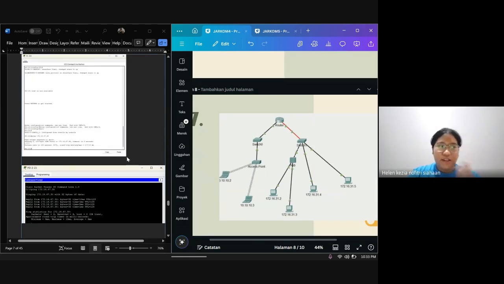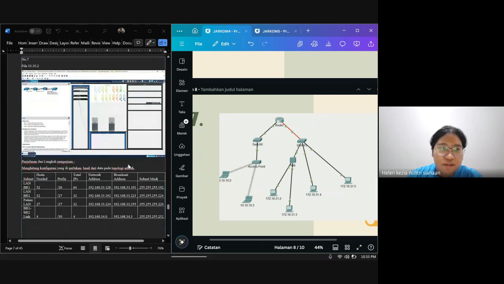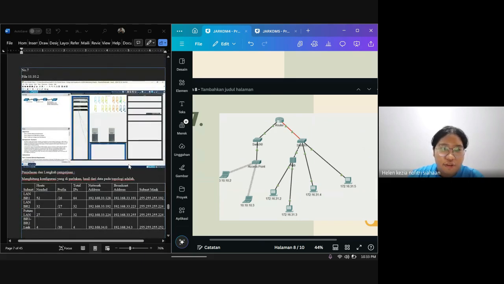We're going to move to the seventh. Yep, the seventh is more hard because it has physical, not logical like before. In here, I'm using two types of PC and two routers. I'm using some switches and